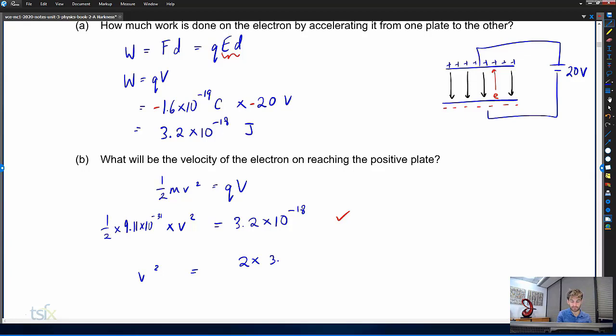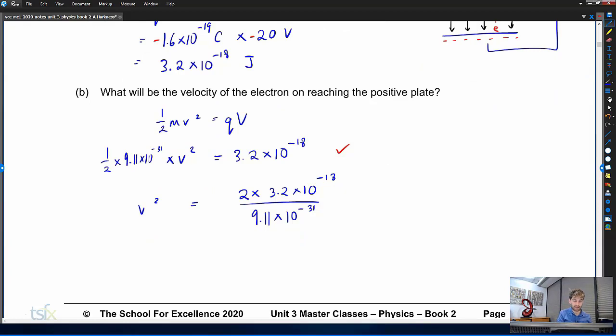So 2 times 3.2 times 10 to the negative 18, the multiplication by 2 here is just because of the half that we had on the left hand side, and then divide by the mass, 9.11 times 10 to the negative 31, and then taking the square root of all of that, that should give us